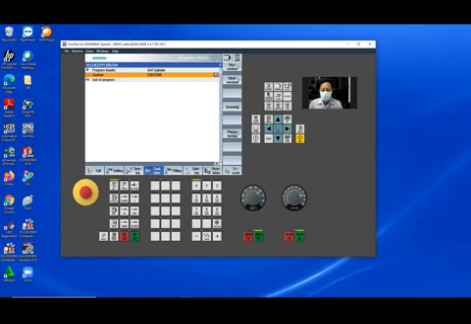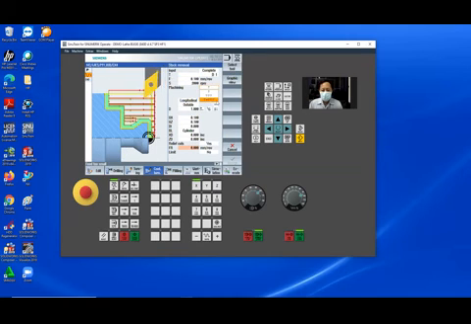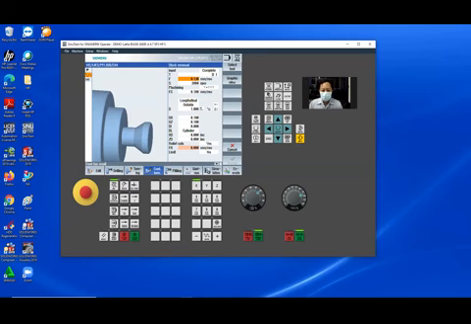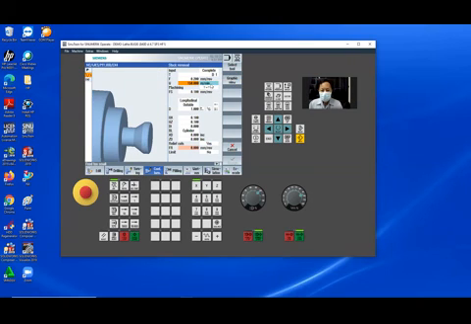After this, stock removal. Roughing finishing. Roughing 0.2. Finishing 0.1. Cutting speed 150 and allowance, this allowance 1 millimeter, relief cut 0.1.